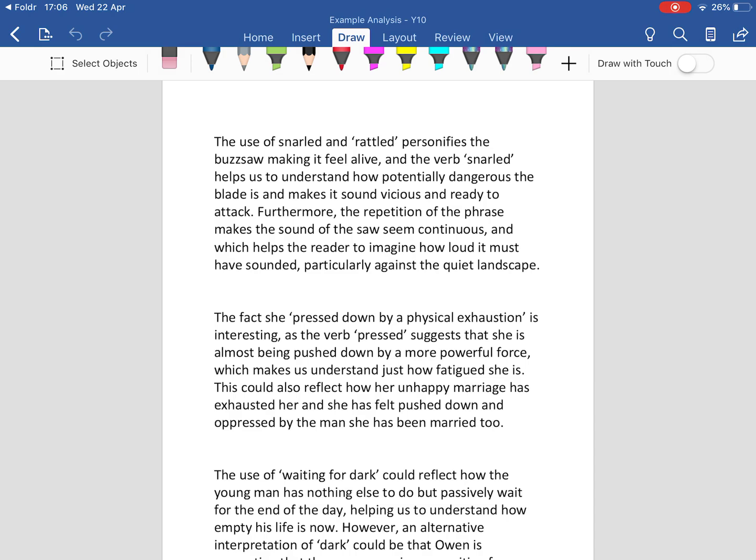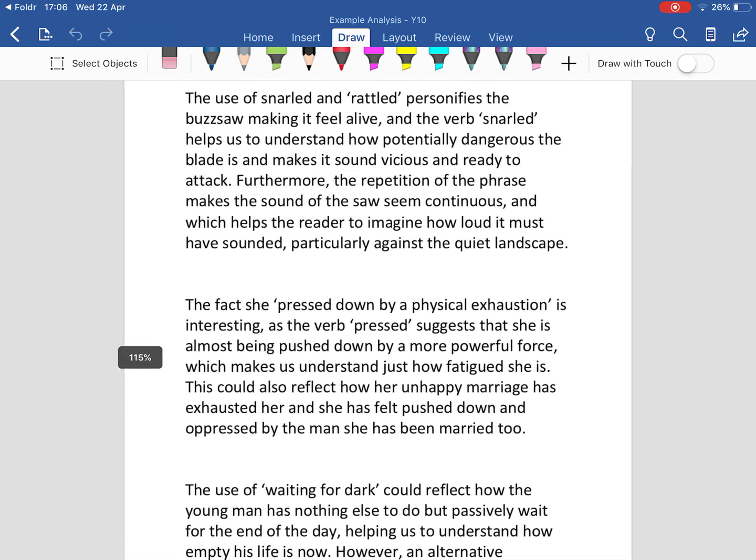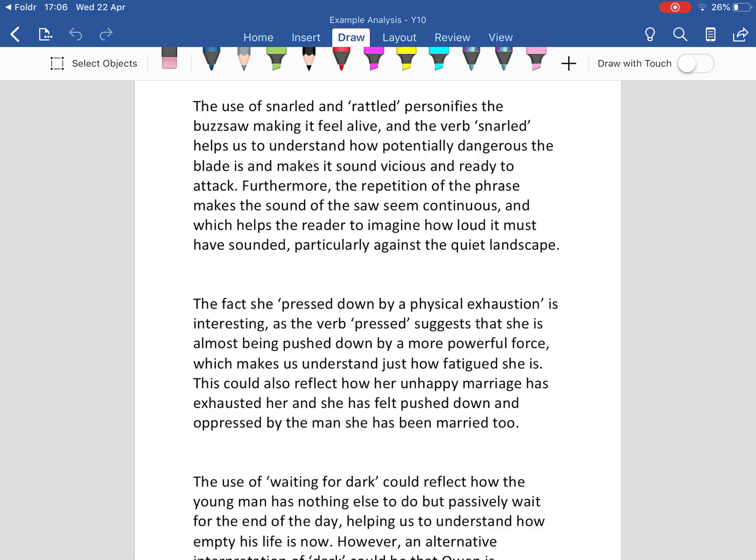language. The key word here is perception. Have you shown enough perception? Have you really thought deeply about what exactly that word does? And what I'm going to show you today is not just how to come up with one effect for that word, but how you can look at a second viewpoint.